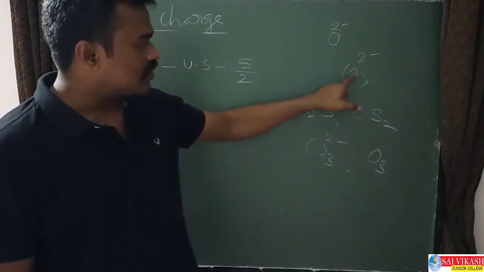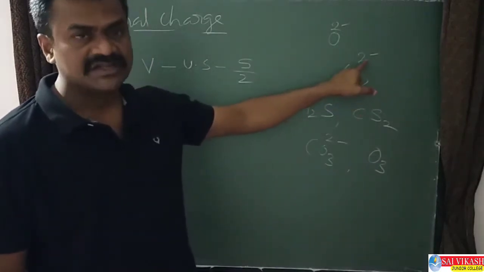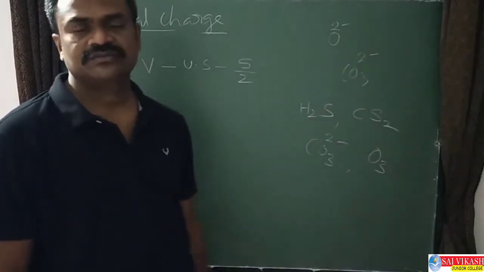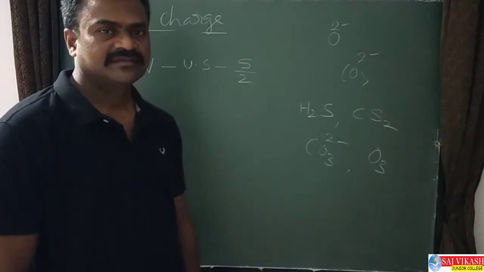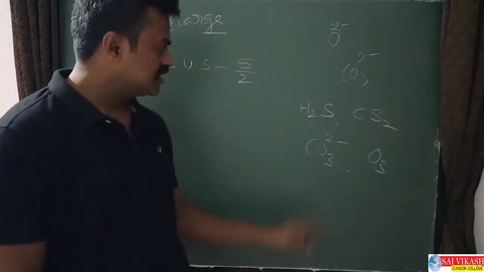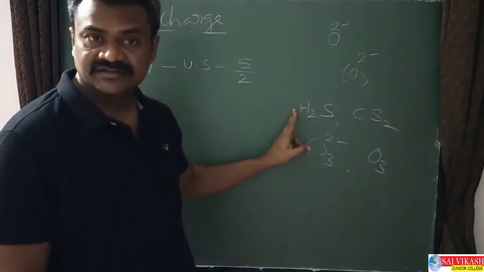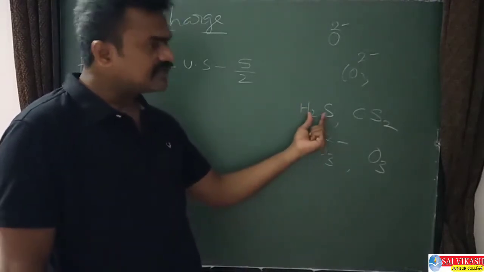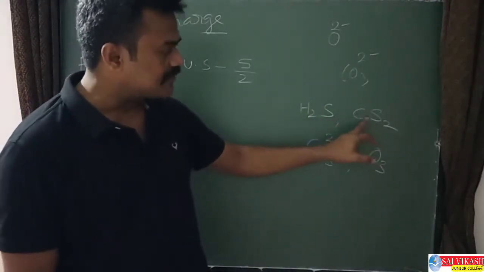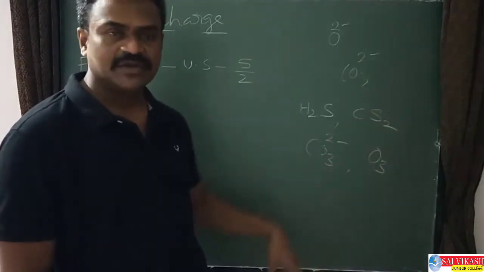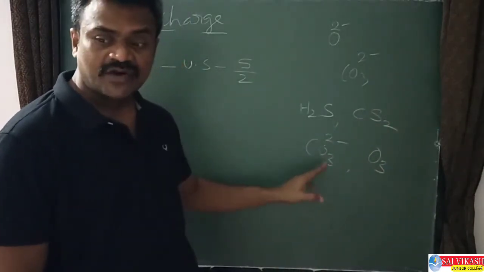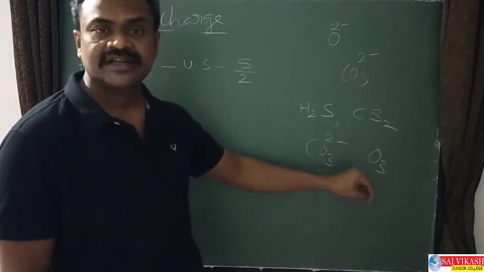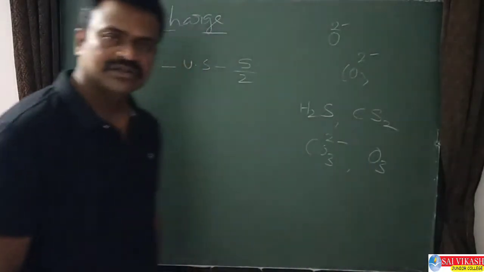Here the total charge on the ion is minus 2, meaning the sum of the formal charges of 1 carbon and 3 oxygens is minus 2. That is the total charge on the ion. Here the total charge is 0, but the individual formal charges will not be 0; we need to find them out. The sum of the formal charges will be 0. Here also the sum of the formal charges of all atoms will be 0. Here the sum will be minus 2. Here the sum of the formal charges of all three oxygen atoms is 0. Let us check all these values.